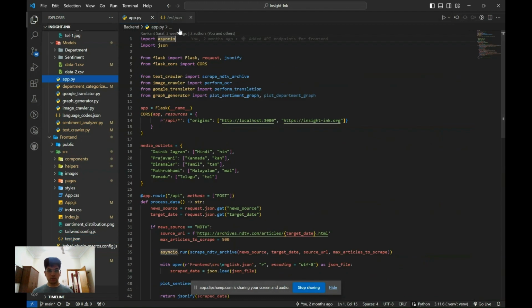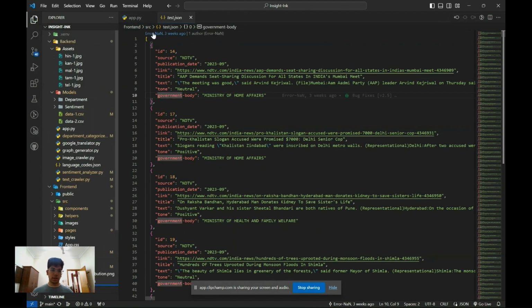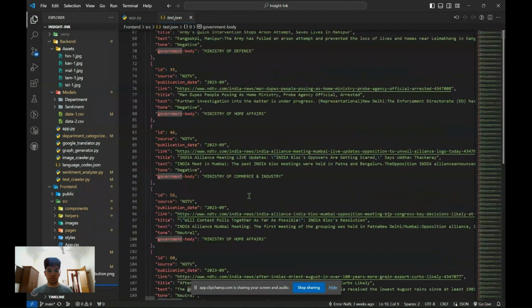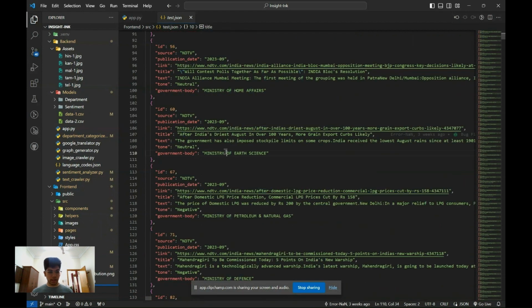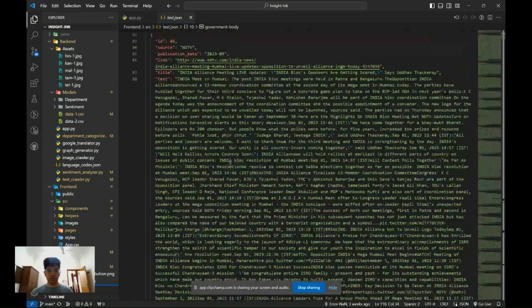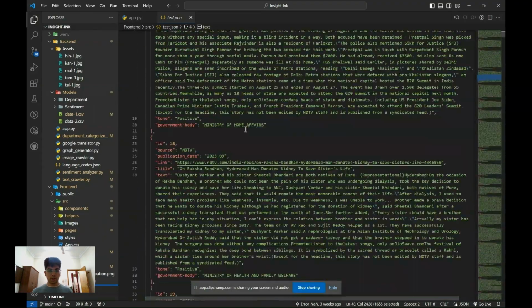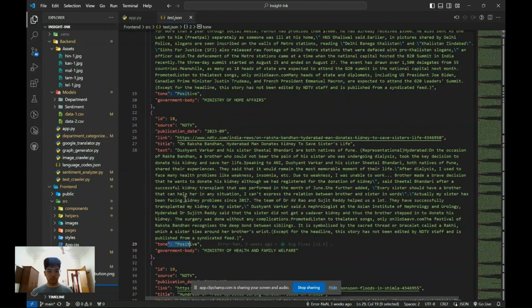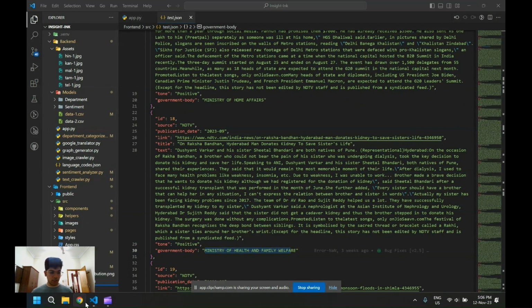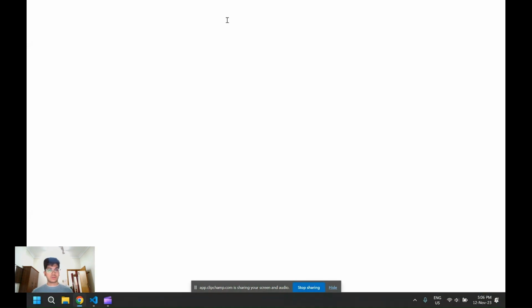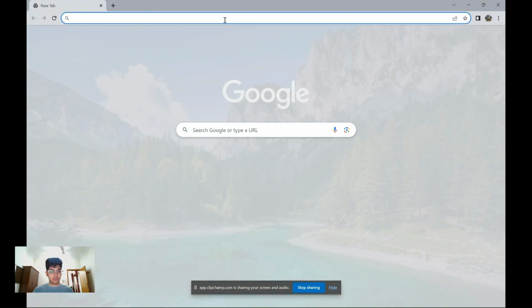You can set it as high as you want, but it's going to take much time. So this is how we have a bunch of different ministries and different data. This is the content that we are extracting, this is the tone of the content, and this is the department the content is related to. Now, just to give a demo of how we are scraping the archive: